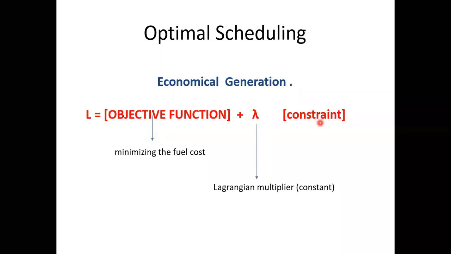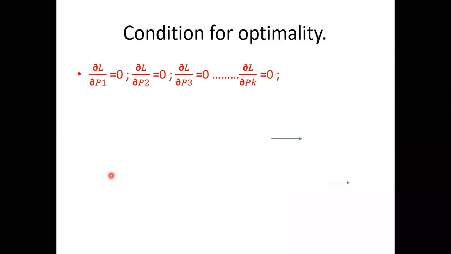And coming to the constraint, what is the constraint here? A power balance equation is nothing but our constraint. So in case 1, without considering the losses, our power balance equation is nothing but PD equals PG: power demand equals power generation. Similarly, when you are considering the losses, our power balance equation is PD plus PL equals PG. So now, when you take this objective function and the constraint, we have an equation in terms of the Lagrangian multiplier. Then, the way to get the solution for optimality is by taking KT conditions.